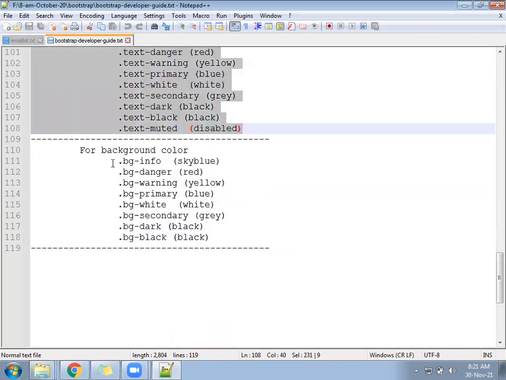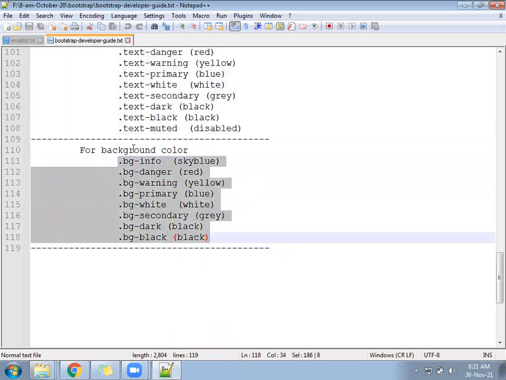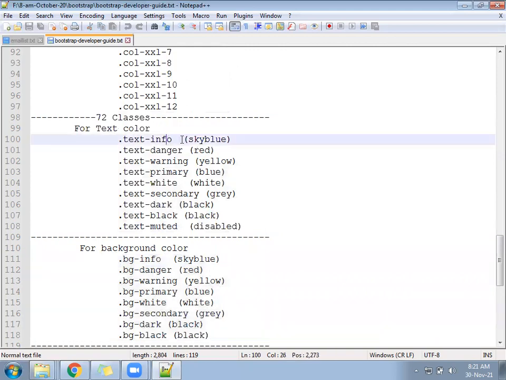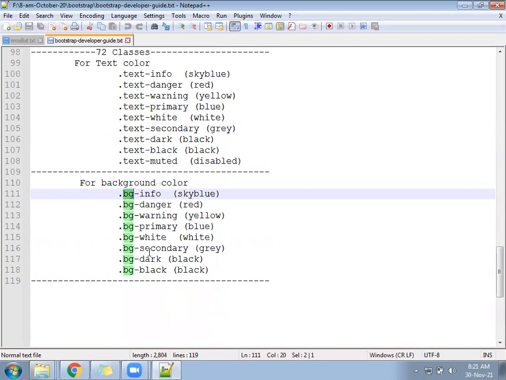And again below we have this for the background color. So text-info, if you are starting with text, then it will apply to text. If you are starting with bg, it will apply to the background. Like suppose you want to change the body background, or the division background. So Bootstrap 5 says you don't need to write your own CSS. Already I have written 6-7 color combinations. Whichever color combination fits your project, you can use it.